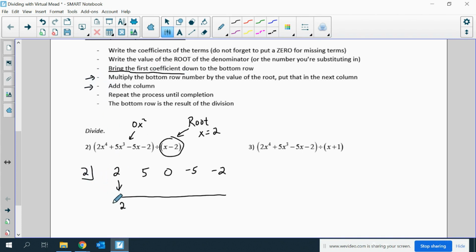So multiply 2 times 2 and add. Multiply 2 times 9 and add. So 0 plus 18 is 18. 2 times 18 is 36, and add to get 31. 2 times 31 is 62, and I get 60. So since my directions were divide,